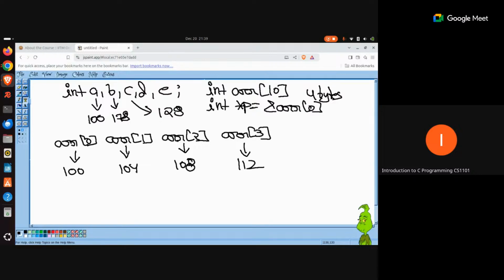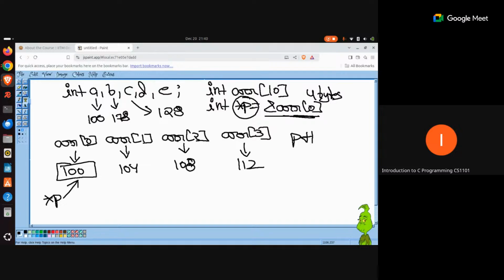Then in the code you are saying that this pointer is referring to the 0th index element of this array. But what is actually happening behind the scenes is that this pointer will start referring to this particular memory location, which is 100. And now when you do p plus 1, it doesn't matter to this pointer that it has to go to this second element in the array.